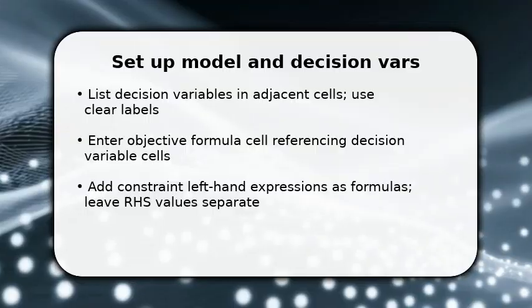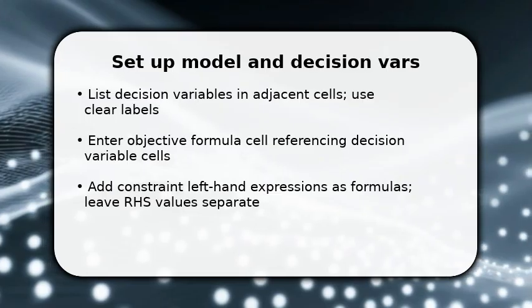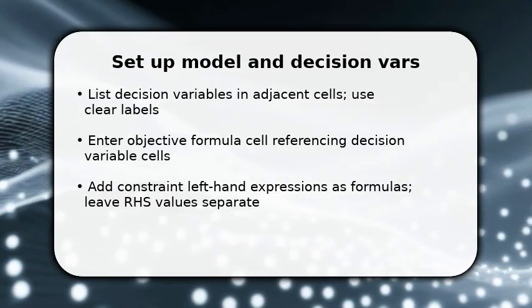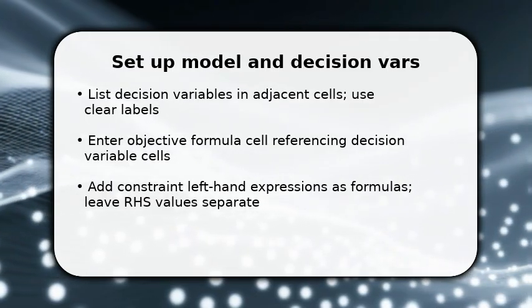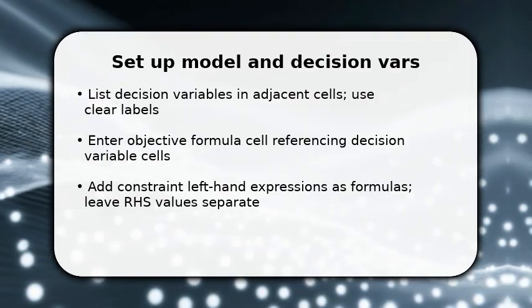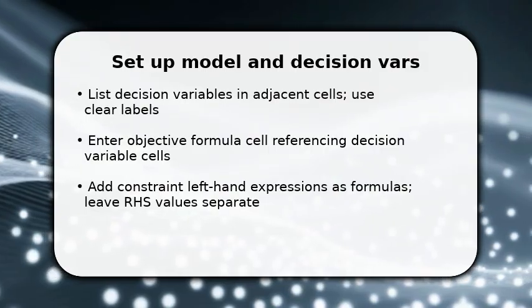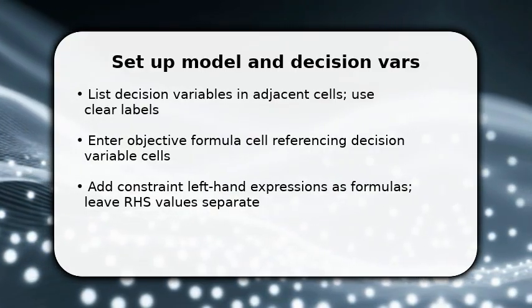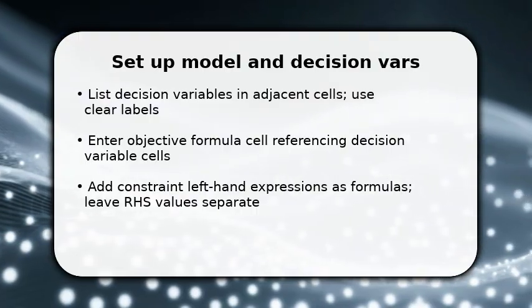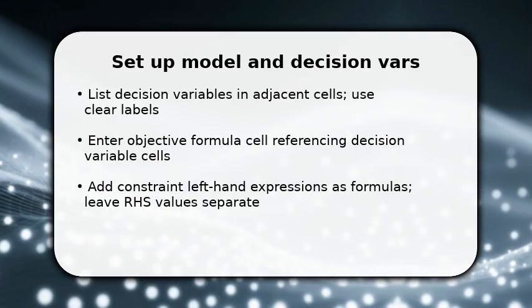You begin by defining decision variables in a compact range. Name those cells if possible. Next, create the objective cell that references those decision variables so Excel can evaluate it. Then build constraint expressions as formulas in their own rows and keep right-hand side values in a separate column for